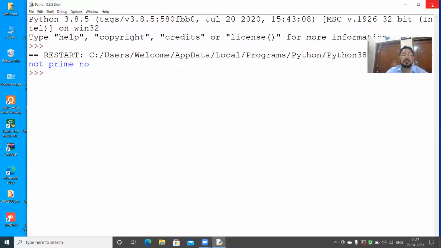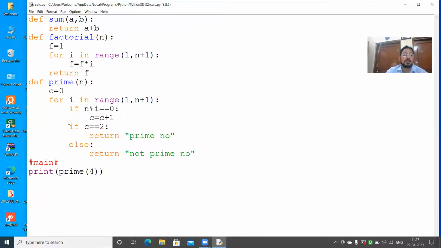Okay, I understood the logic. What is the problem? It should not be in the looping part. It should be here. I will explain to you, don't worry. Now it will run perfectly. Just now it will give not prime.